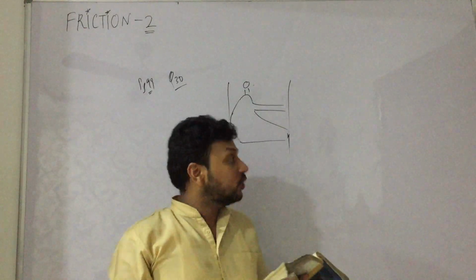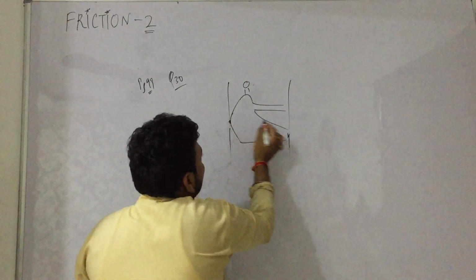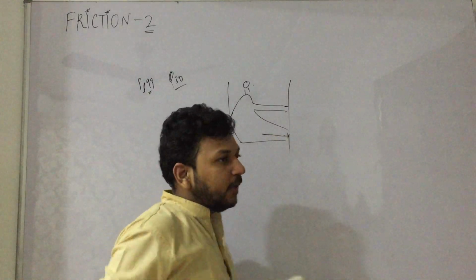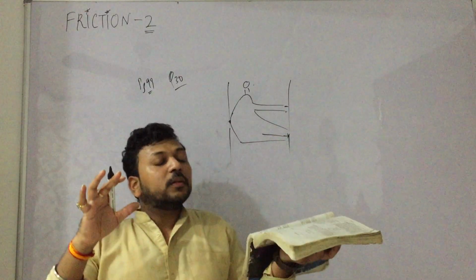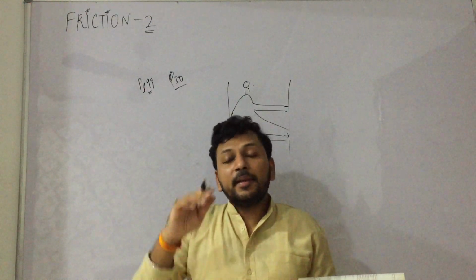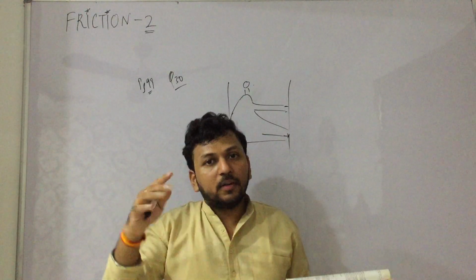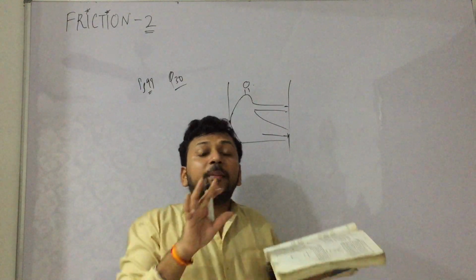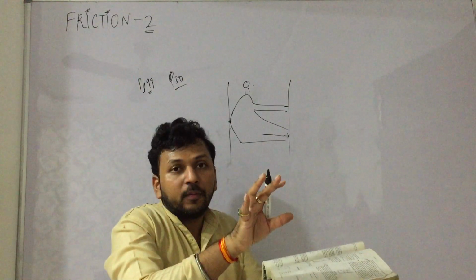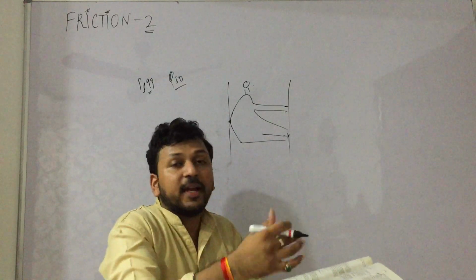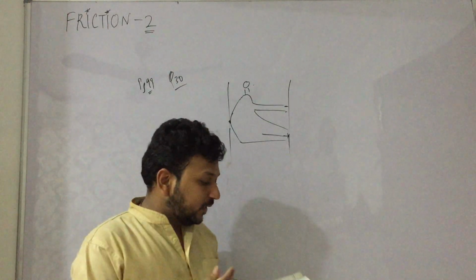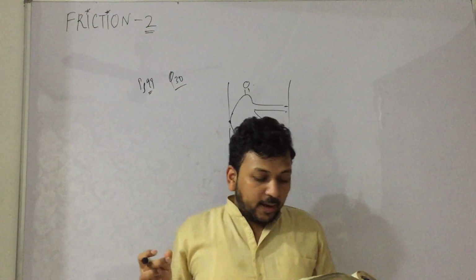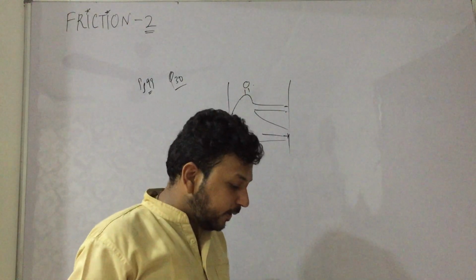So this is the position of the man and he's touching here also. Like small kids sometimes do, they just get themselves inside the door's position. They just lock themselves up. So they press the doors opening from one side and from the back also. So this is the position. 40 kg is the mass of the person and mu is 0.8.